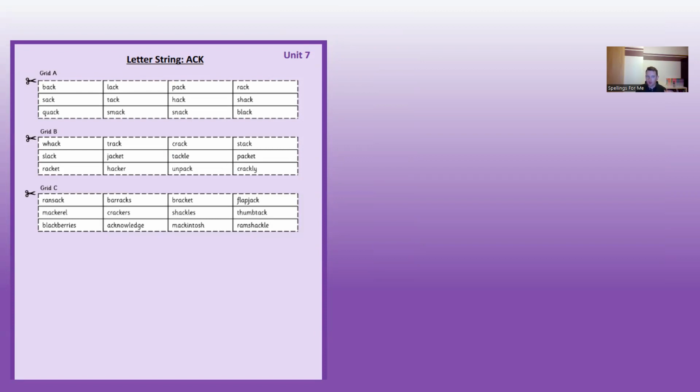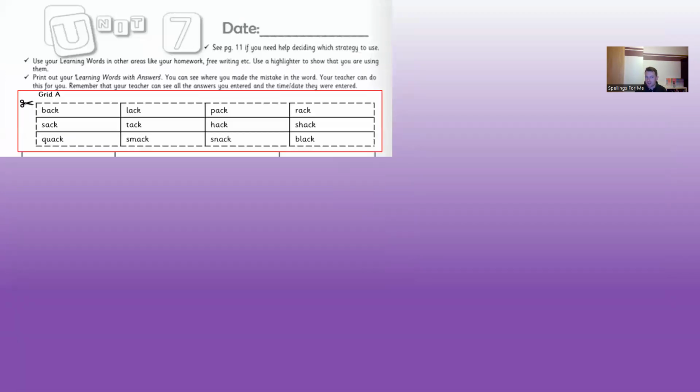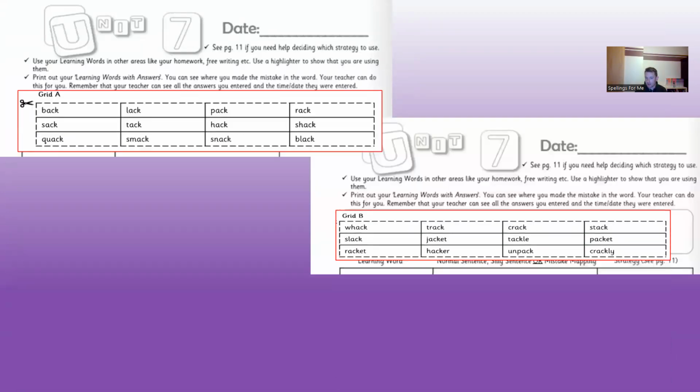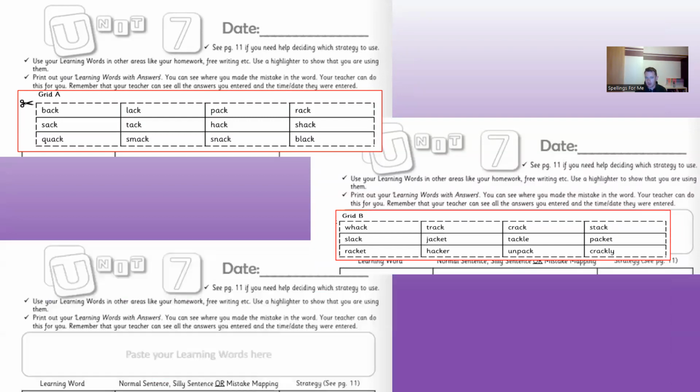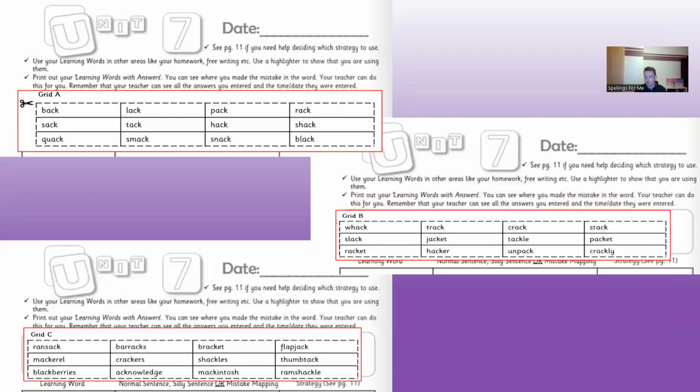So we give them scope to be able to differentiate for every student in their class. As I said, most students in your class are probably going to get grid A. They're set up for success with the easiest ACK words. However, you might give certain students grid B if they're really capable. And as I said, if you have exceptionally brilliant spellers or students in your class, you might give them grid